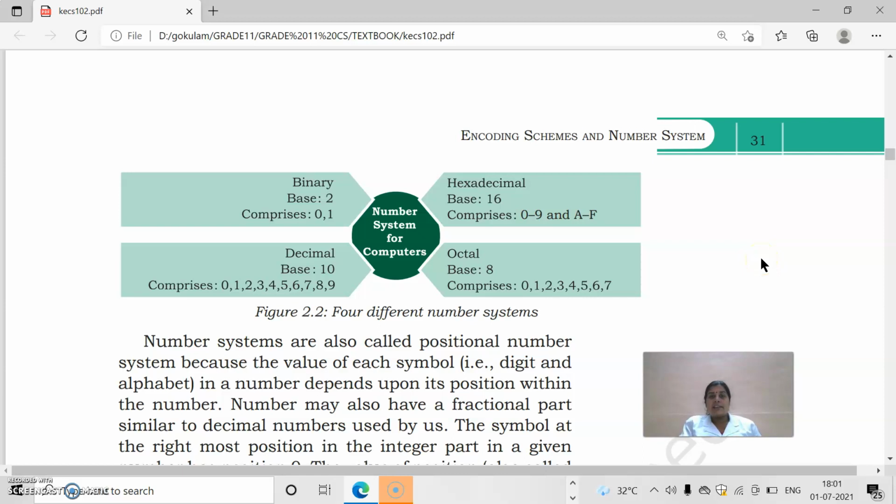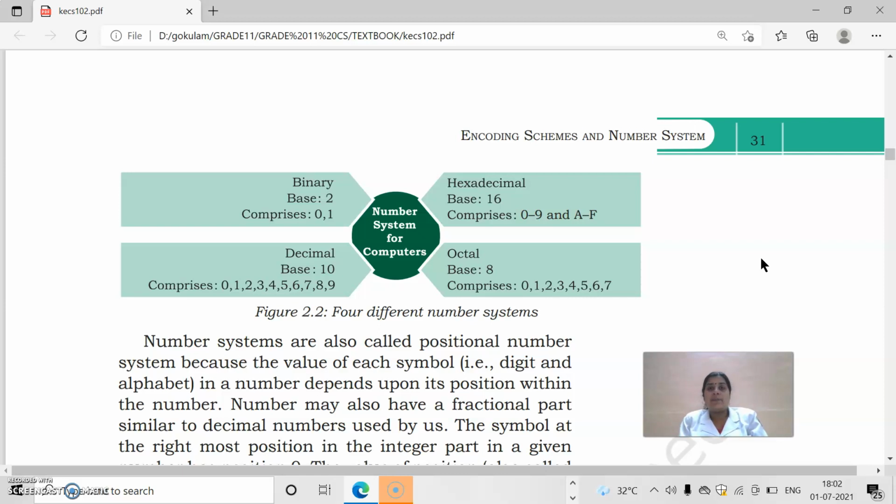The decimal system uses base 10. That means the numbers which we are using today are the decimal system. From 0 to 9, all 10 combinations or 10 numbers are there in the decimal system, so it is known as the base 10 system. In the binary system we will use two numbers only. They are 0 and 1. So the binary system consists of base 2.